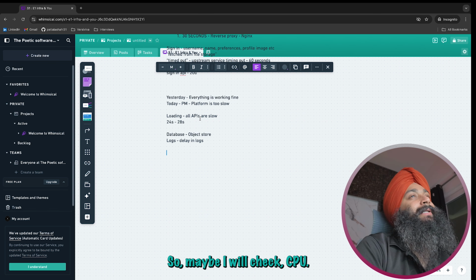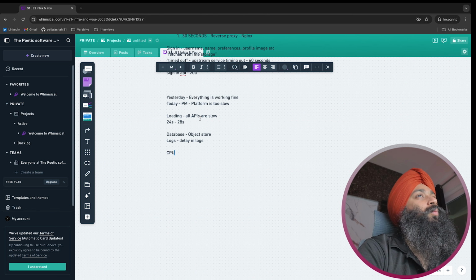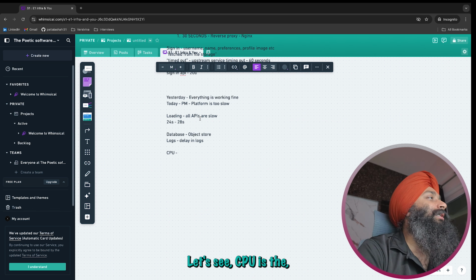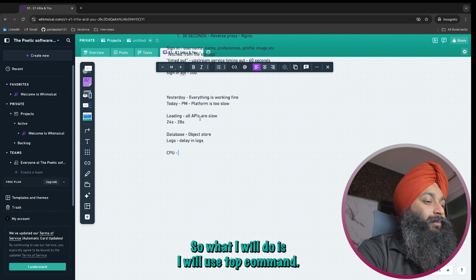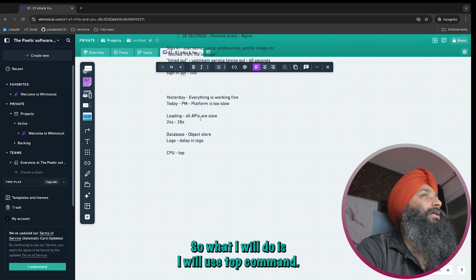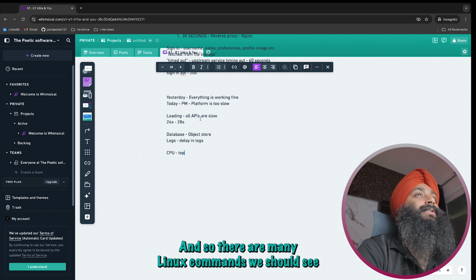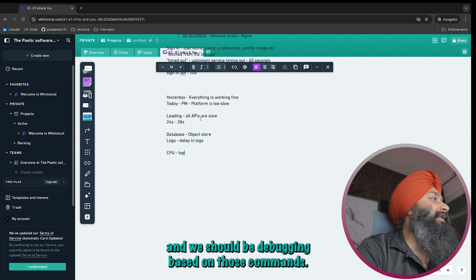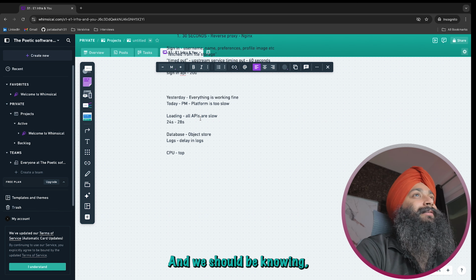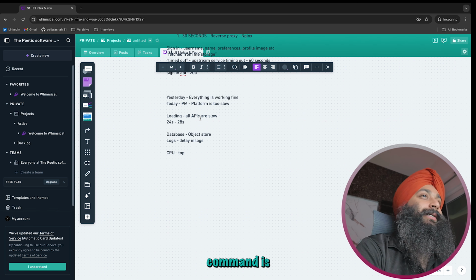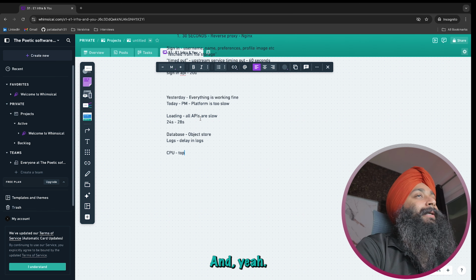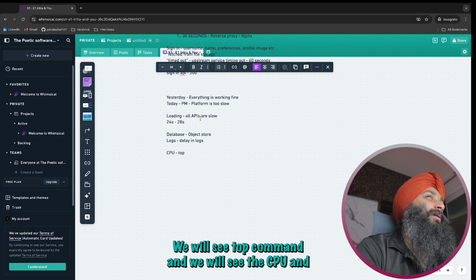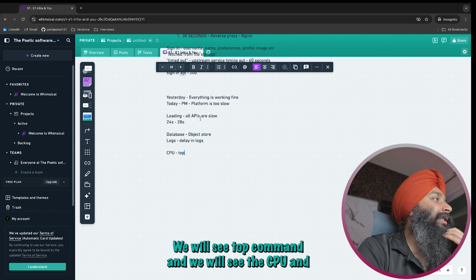So maybe I'll check CPU, how much CPU is there. I don't have monitoring here, so what I will do is use the top command. There are many Linux commands we should see, and we should be debugging based on those commands, and we should know what each command is doing, what it is outputting. We'll see the top command, and we'll see the CPU and